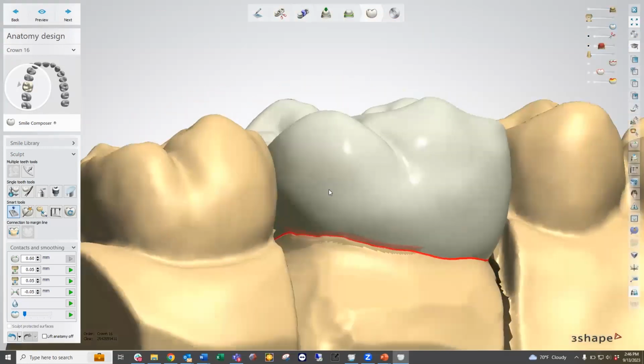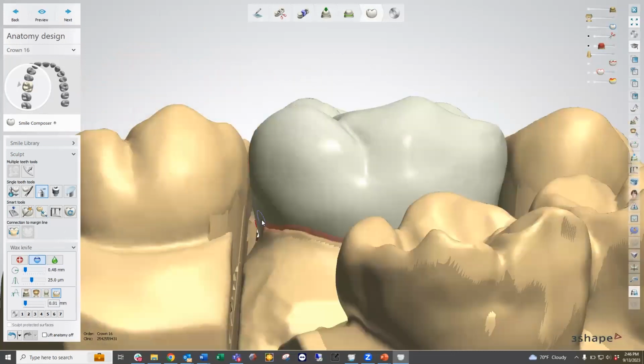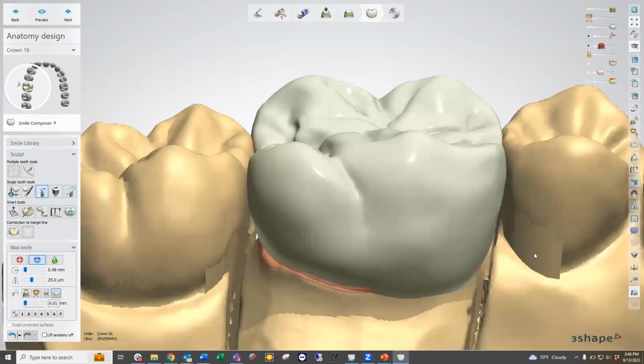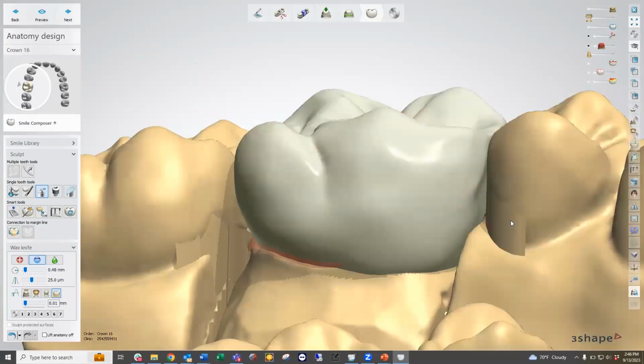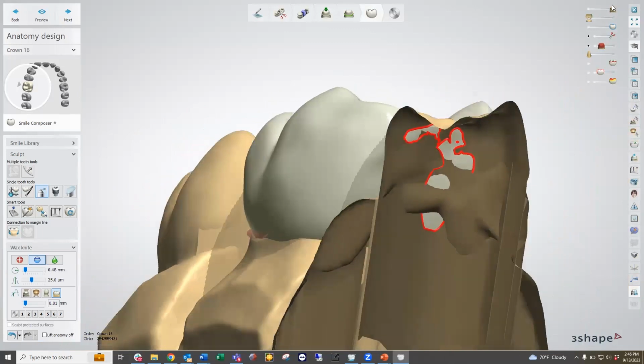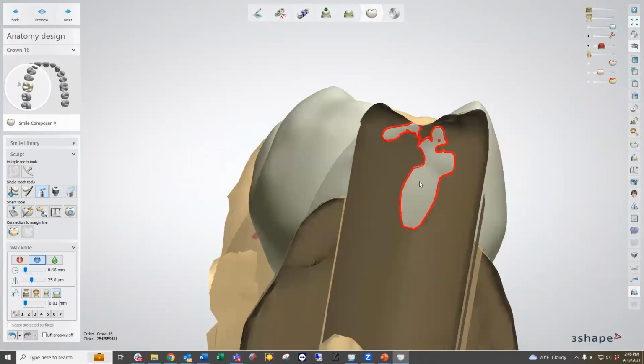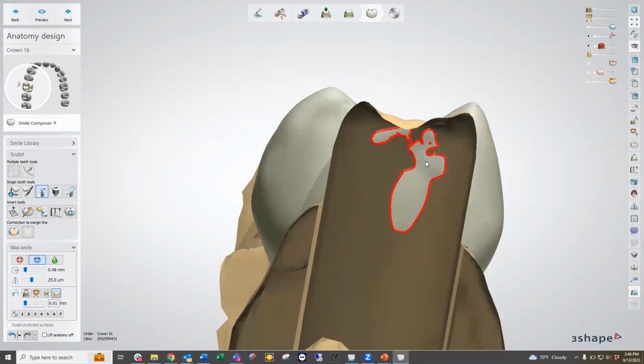Okay. But another way that I like to do contacts, which presented itself around the 2018 version of 3Shape, is to use the subtraction tool. And then there's an option over here that's neighboring teeth undercut, which allows us to block out our undercuts on our neighboring teeth. I don't know if you guys can see this too well, but it takes the undercuts and it blocks them out based upon our path of insertion that we chose back here. And now we can see where that unit is coming in. If I take this down and actually show just the under contacts, I can see where that unit is either deficient or proficient with our